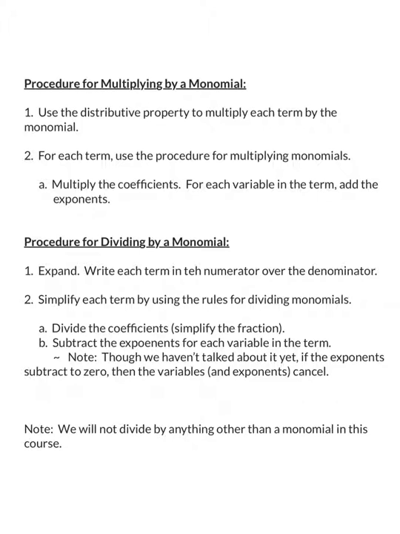Before we move into examples, I want to show you that this is something that we've already done before. Note that what it says here is we want to use the distributive property. This is something that we've already done, but we've only done it with numbers in terms of what we distribute into the parentheses. And so our procedure is going to be very similar. We just have to worry about the variables now as well. So for instance,